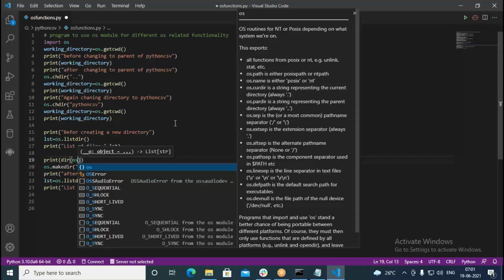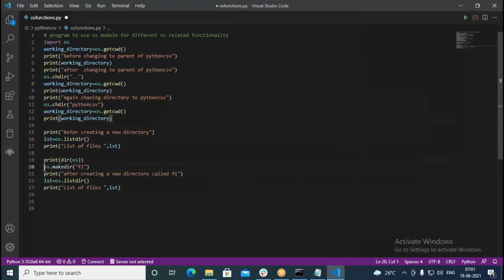I just put OS, so that it can print whatever attributes are available in that. Whether we have the make dir or not, we can find.